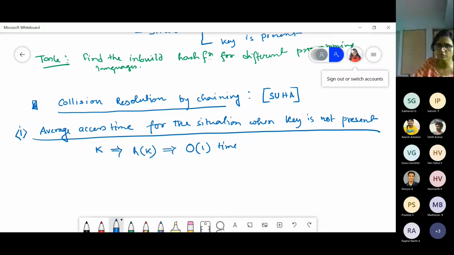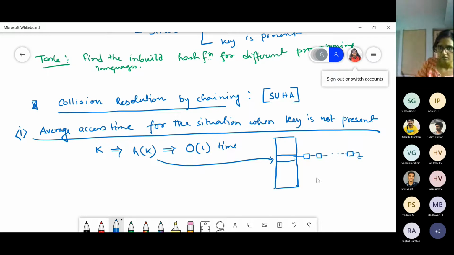Now we have used collision resolution by chaining, right? So at this location, say this is my table and this h of k is locating to this particular slot. Now in this slot, I have a chain. Now how can I know that this key is not present?